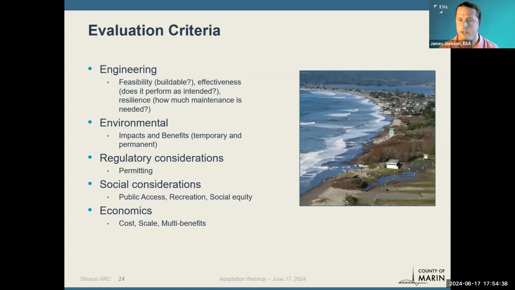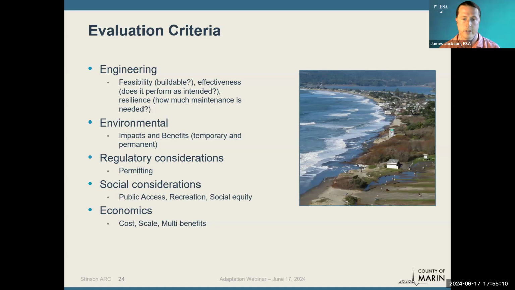The second evaluation criteria is the environmental impacts and benefits associated with an adaptation measure, and that's both the initial implementation or temporary impacts, as well as long-term permanent impacts that could be expected based on the evolution of coastal processes and the related hazards. Regulatory considerations is the third evaluation criteria for permitting and other coordination considerations that are relevant to each of the